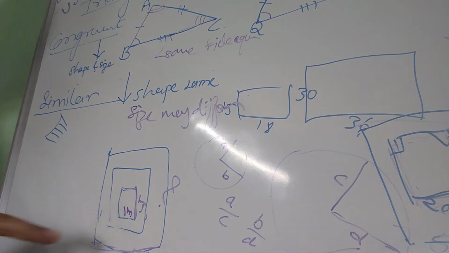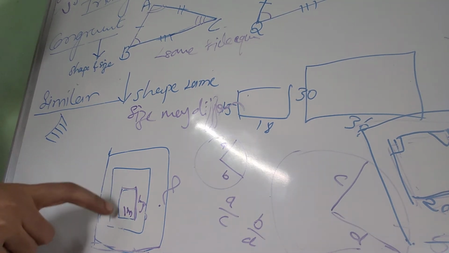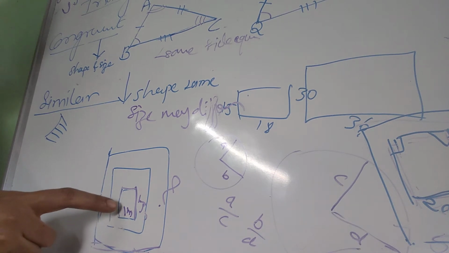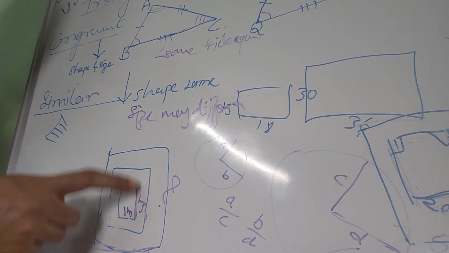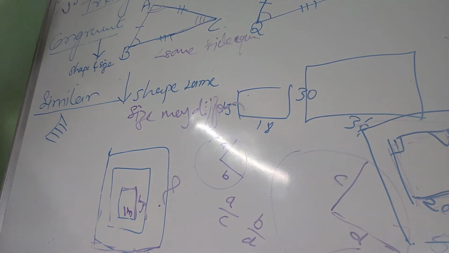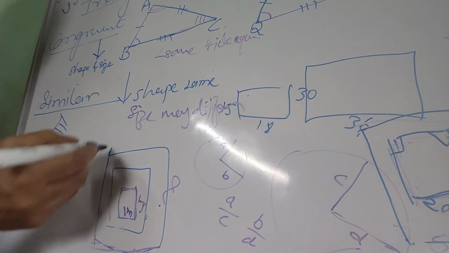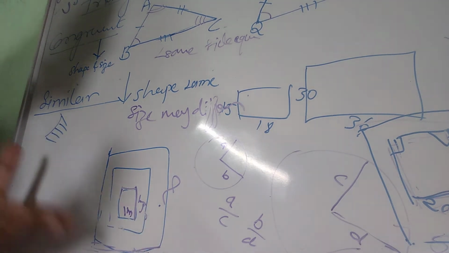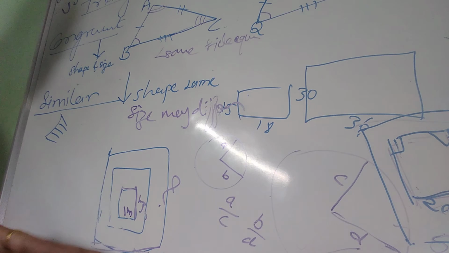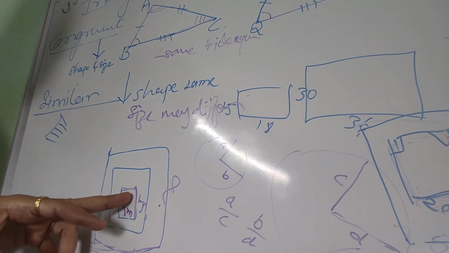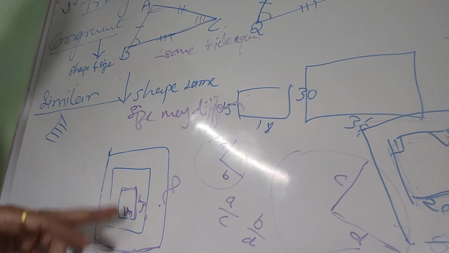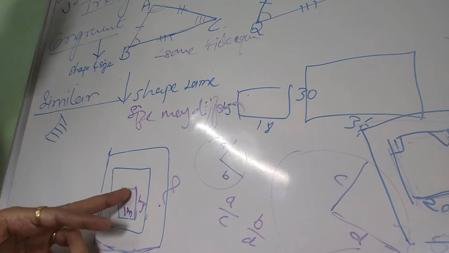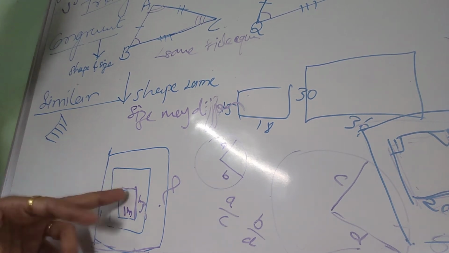Here, for example, I have drawn some figure for you. Let us consider that this inner rectangle has length 1 meter and height 1.5 meter. The outer rectangle, the biggest shadow, has length 3 meter, and if it is asked what the height should be, you can answer it very easily. Because there is proportionality, the inner one is 3 times smaller than the outer one, or we can say the outer one is 3 times the inner one.